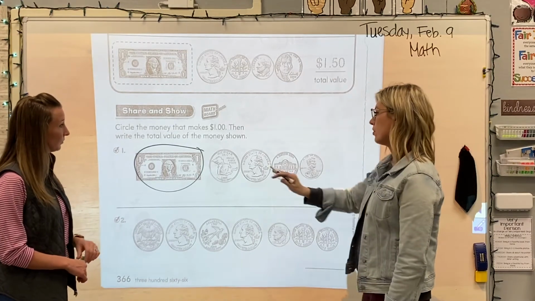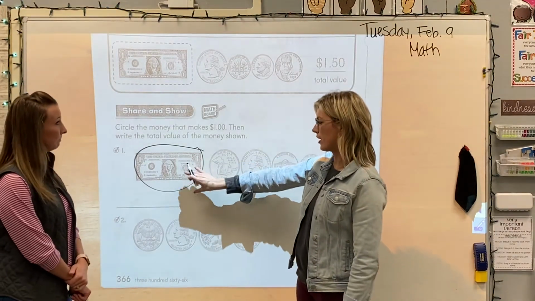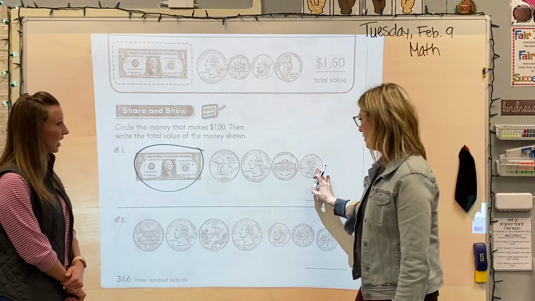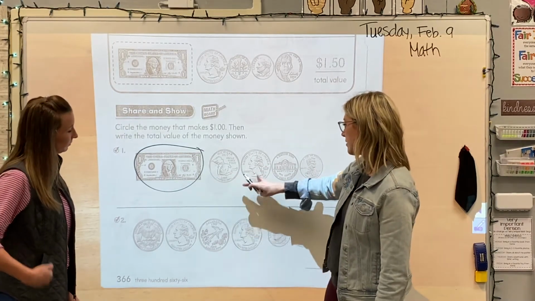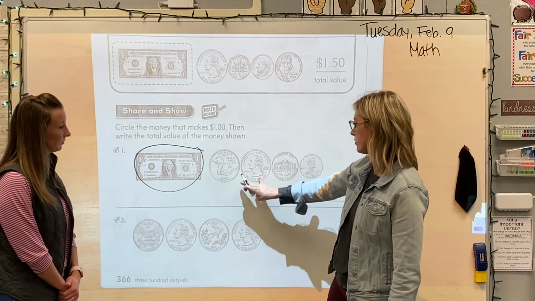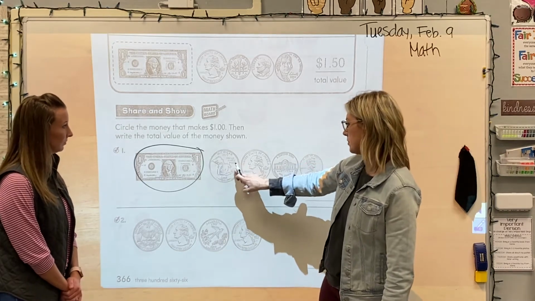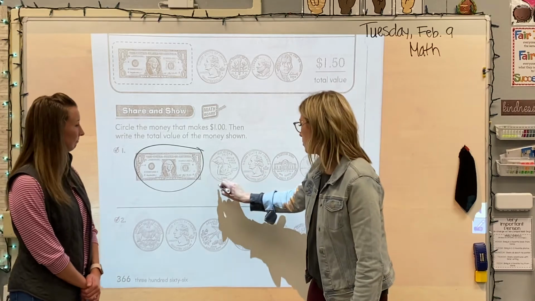So this equals $1. I'm going to forget about this right now and just focus on the coins. And I know that we're going to start with our largest value coins. I recognize this one as a quarter. This one that says Michigan must be the back of the quarter. So 25,